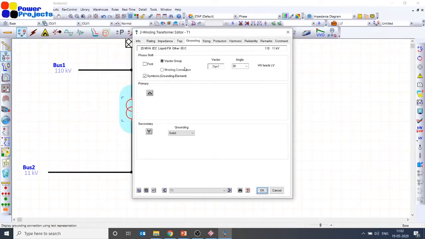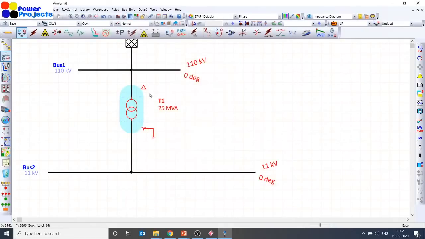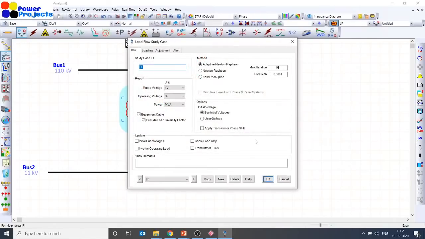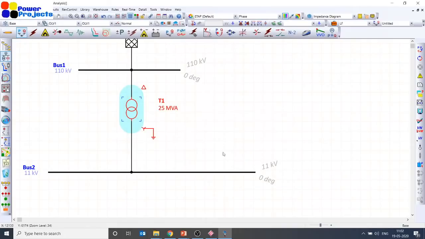If you do not know why this 30-degree shift is introduced, I would refer to the standard IEC 60076. You can go and refer to that standard, which tells what the winding configuration is and what the phase shift is, right? A delta star transformer definitely introduces at least a 30-degree phase shift. That could be either lag or lead. So then why is it still saying 0? Because I have made an assumption in the load flow that the phase shift is not really necessary for my analysis. That's what I have assumed. So that's the reason it was 0.